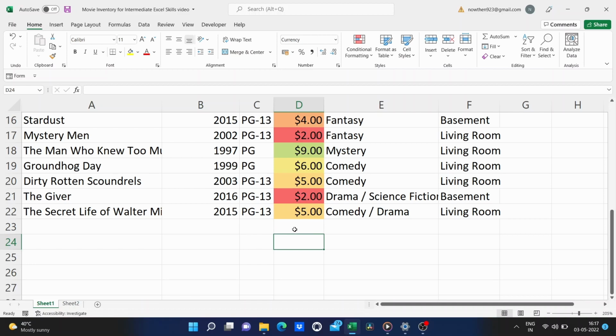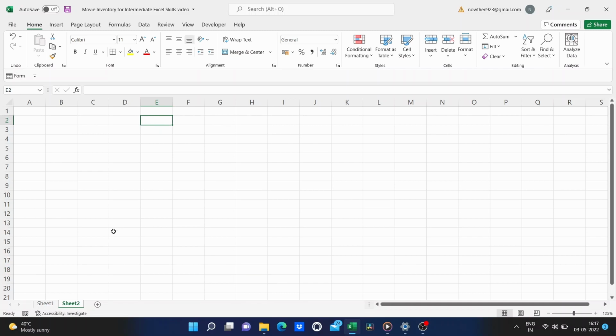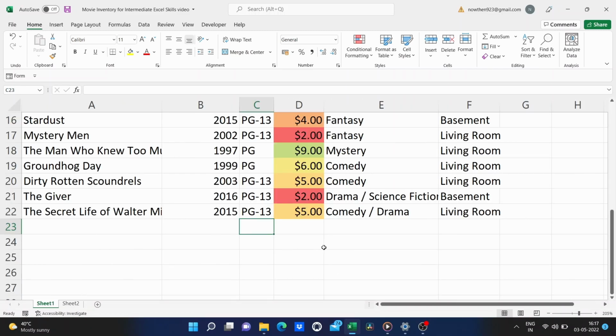I'm going to create a formula now. It doesn't have to be here. I could put the formula anywhere on this spreadsheet or another spreadsheet. Wherever I want to put this formula, I can do it, but I'm going to do it here. So I'll just click, and whenever I do a formula in Excel, I click on a cell, and then I think to myself the phrase "this cell," so I click this cell equals, and I want to find out the total amount that my collection is worth. So I need to somehow add up all those numbers.